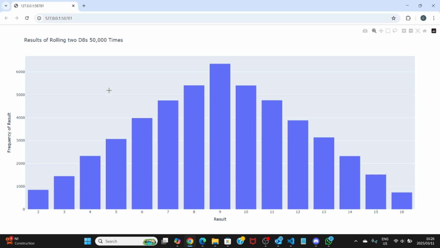Here is the result of the graph. So you can see